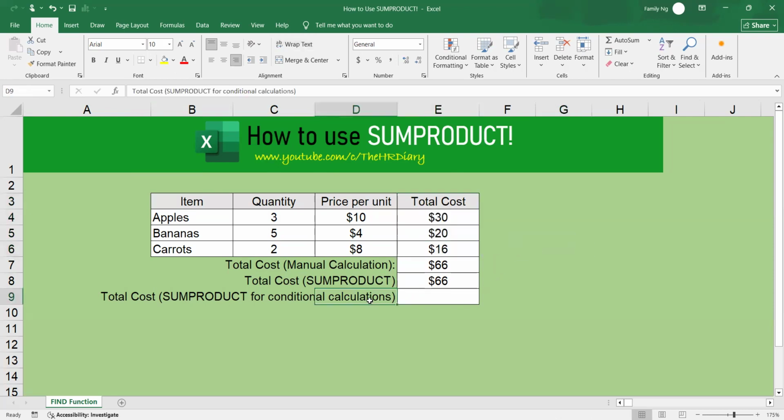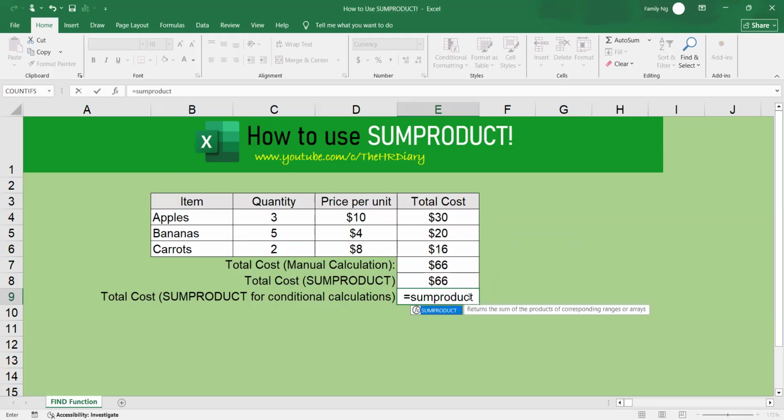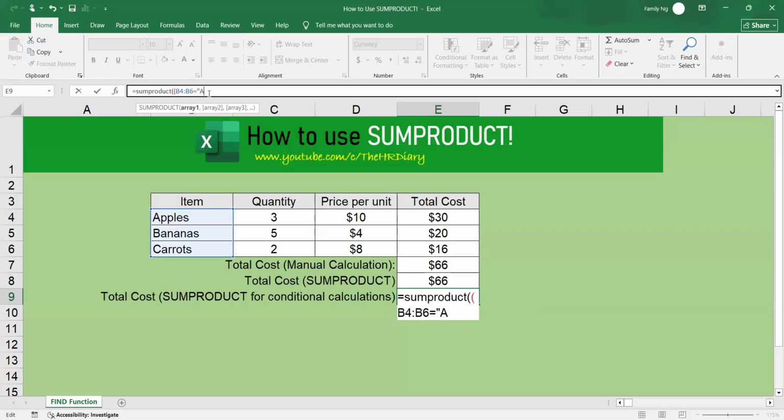Next, you can also use SUMPRODUCT for conditional calculations. For example, if you only want to sum the apples and bananas at this cell, enter the formula equals SUMPRODUCT, open bracket, do it twice, and then select these columns, type equal, and type in the apples, close bracket, plus,